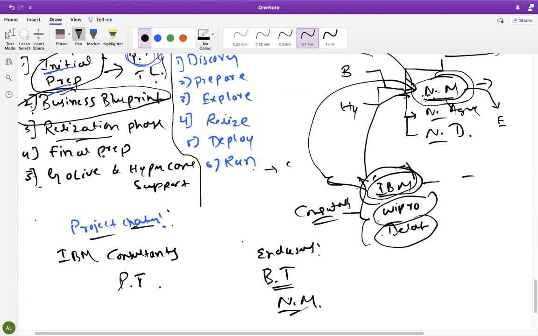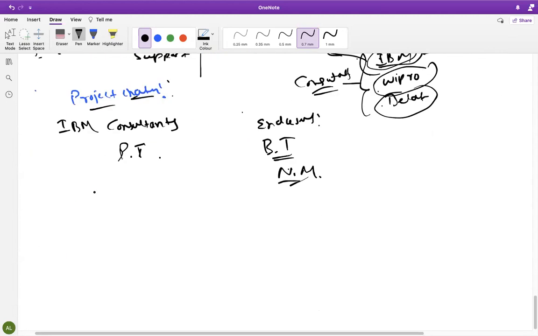Okay, in initial preparation, what we'll do here is prepare a project charter. In this phase, the project charter contains what activities we need to do in upcoming phases, and how and when our implementation will complete. Which environment we are using, means ECC 6, S/4HANA, which version we are using, right? And what deliverables we need to do as consultants, how to configure things. And if any delay happens, what is the fine, right?